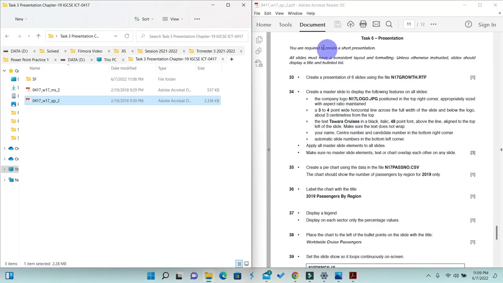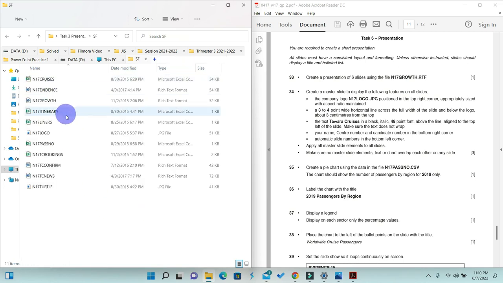Let us start. So you are required to create a short presentation. All slides must have consistent layout formatting. Unless otherwise instructed, slides should display a title and bulleted list. Create a presentation of 6 slides using the file n17growth.rtf. For that reason, you see my source files are here, and the file that I need to open is